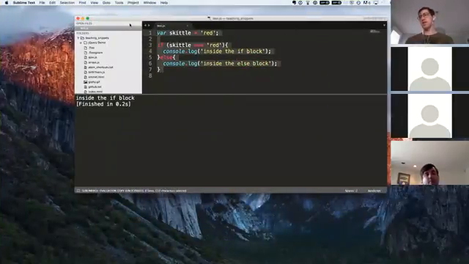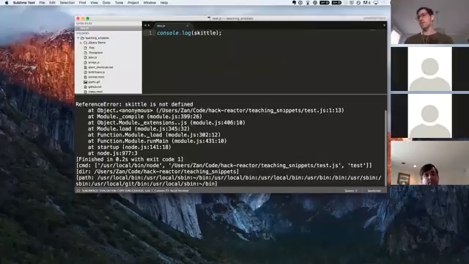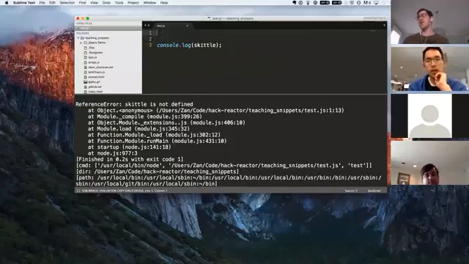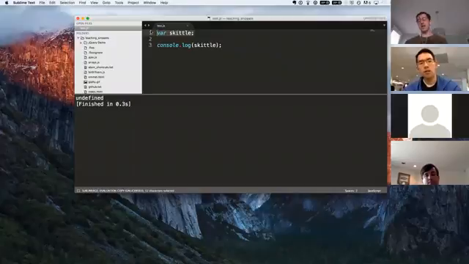So let's see what that looks like. Reference error, Skittle is not defined. It's a little bit confusing that when we declare Skittle, then it logs as undefined, and yet the error message for reference error is that Skittle is not defined. But if you don't declare a variable, then